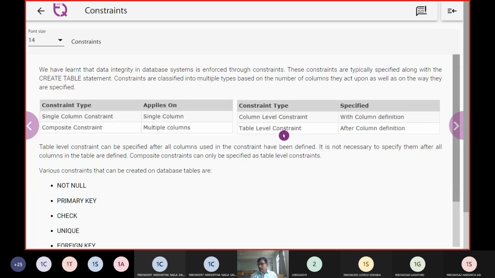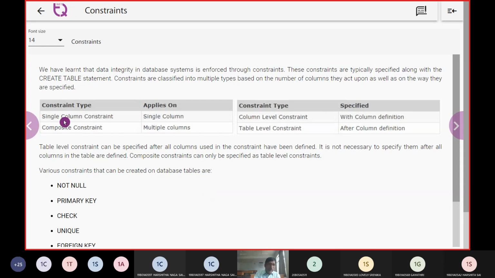Table level constraints apply to the entire table, and we apply them after the columns are defined. The table level constraint can be specified after all the columns are done, because until the table is constructed and the columns are available, everything is known, only then can we holistically apply it to the table. That is the reason why we say it is a table level constraint.